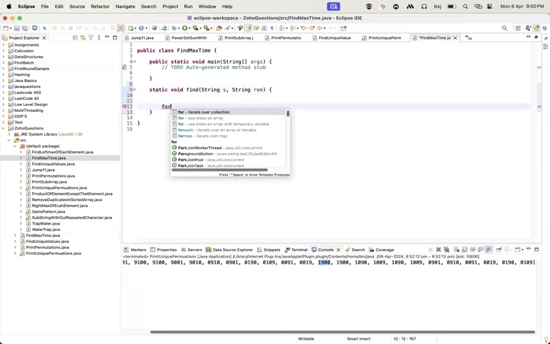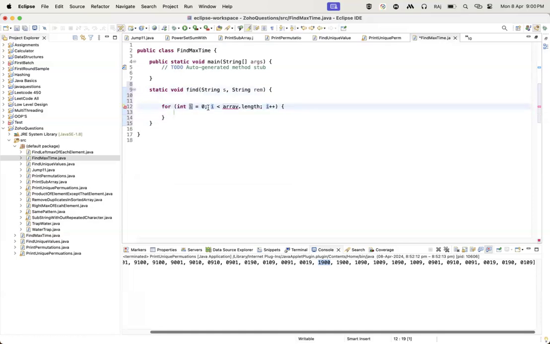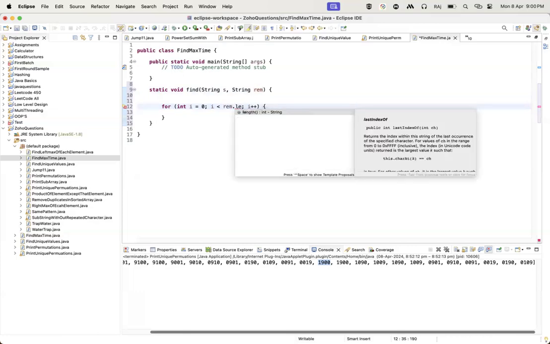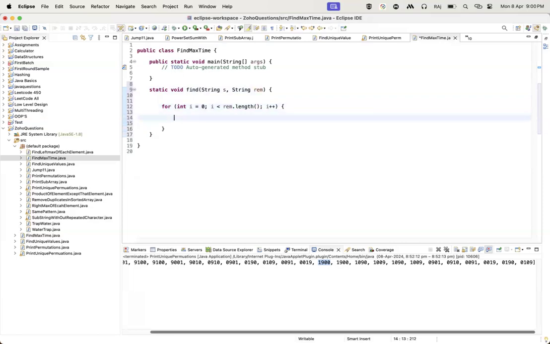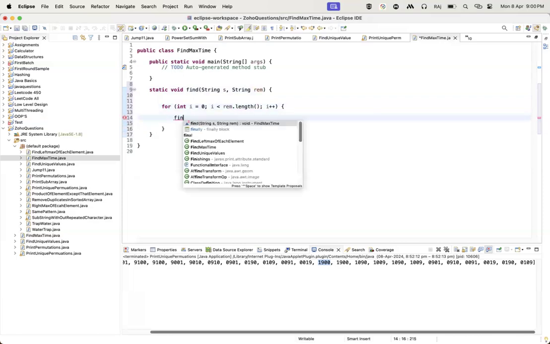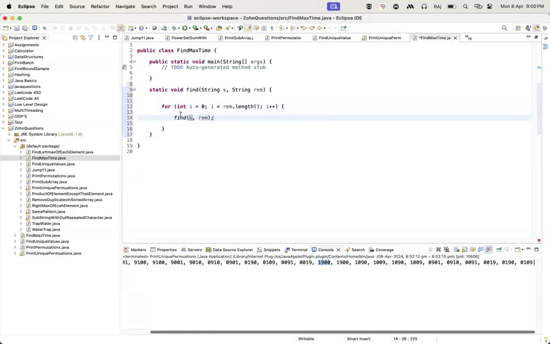Same thing only. For loop, we are going to use i equal to 0 up to remaining.length. Please try to understand this one, guys. I'm going to implement this and work on these things. I will do some modifications on this one so we will get the desired output. s plus remaining.charAt(0) and